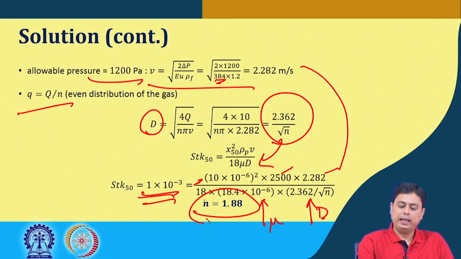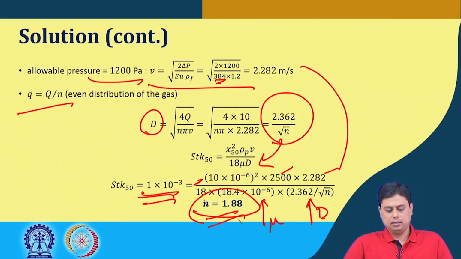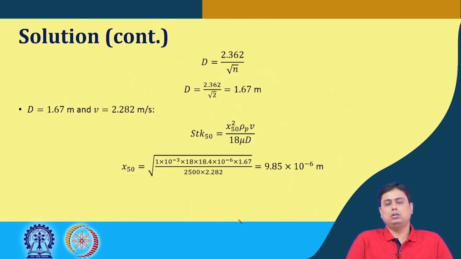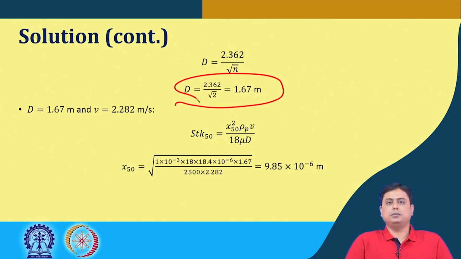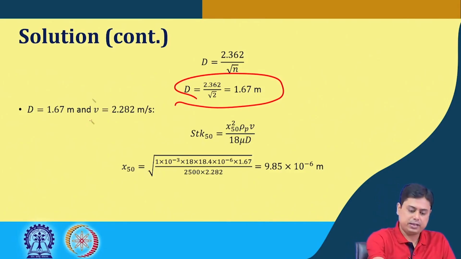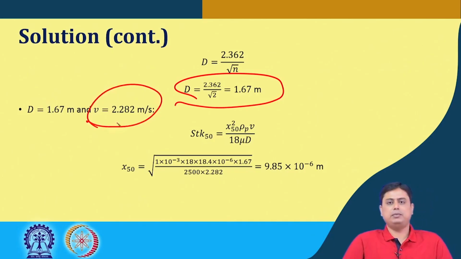So we find n to be 1.88, and since it cannot be a fraction, it has to be a whole number. So we need at least 2 cyclones to affect this cut size. That is the minimum number. And since 2 is more than 1.88, we find a new d, the diameter, 1.67 meter. So with this new diameter and the same characteristic velocity, because the Euler number remains same, this is a design parameter,